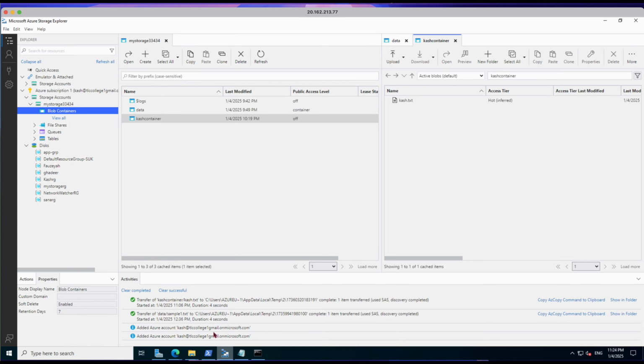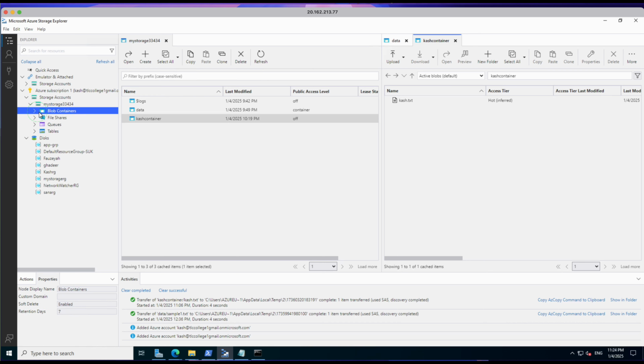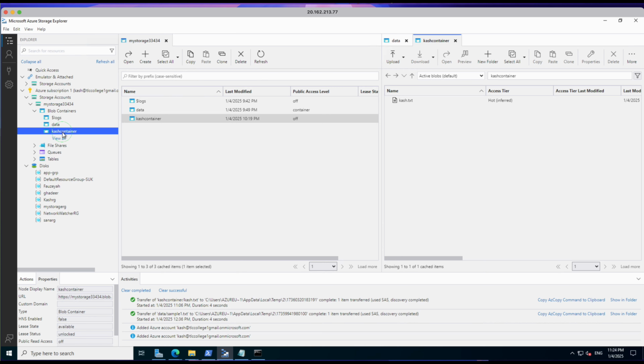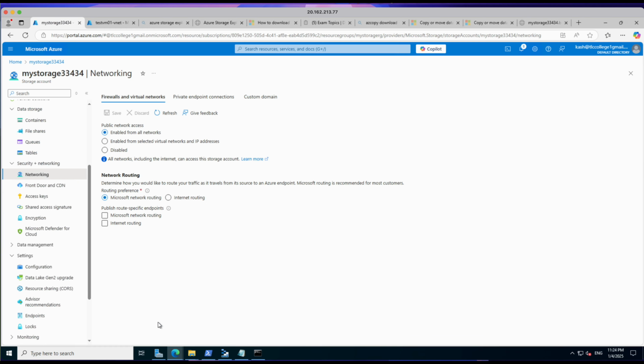If I go back to refresh all again, right, you can see that we can access that. But this is just for demo. It's not a good thing to do because we cannot allow